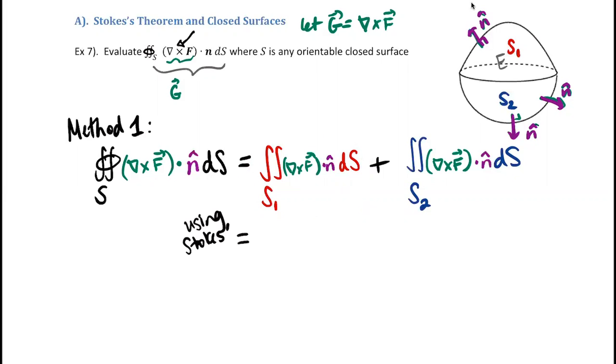And notice the boundary of the surface is just this curve right here, this circle. That will now be the boundary. So I can write this as the circulation integral of my vector field